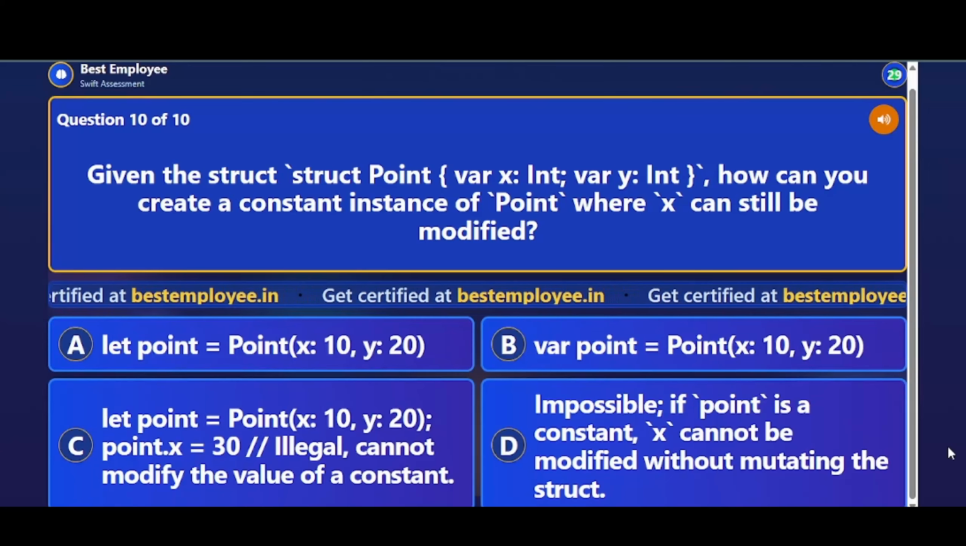Given the struct Point with var x, Int, and var y, Int, how can you create a constant instance of Point where x can still be modified? Option A, let point equals Point, x 10, y 20. Option B, var point equals Point, x 10, y 20. Option C, let point equals Point, x 10, y 20, point.x